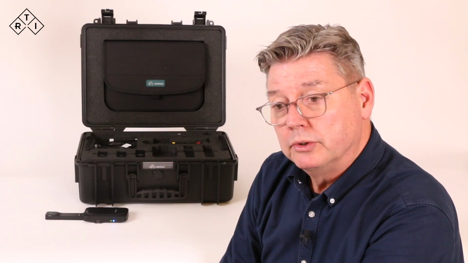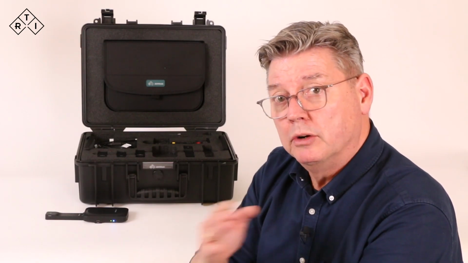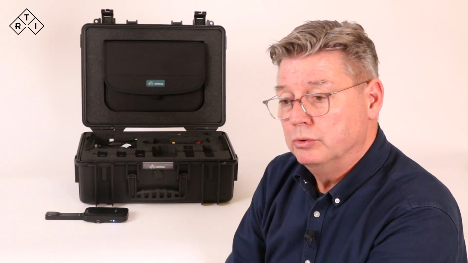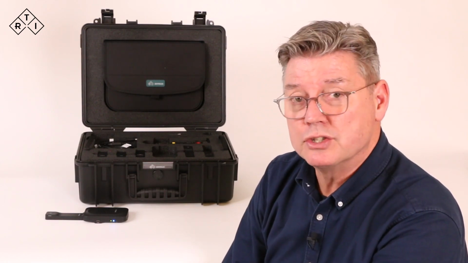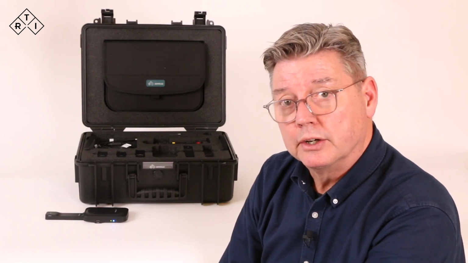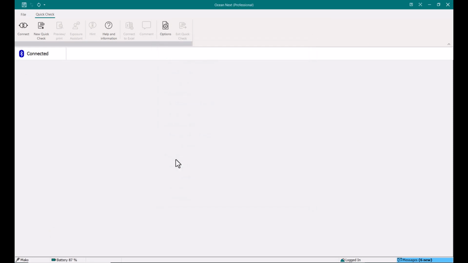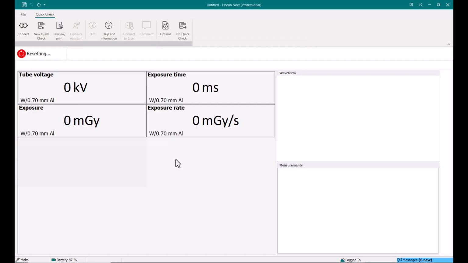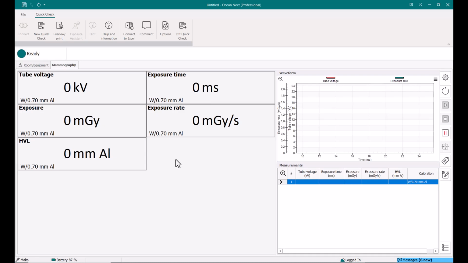It's important to note also that the Mamo probe services the complete range, 18 to 49 kV, and both kV and dose. There's no need to change probes or no need to add filtration and extra filters to handle the higher kVs. So if we choose a beam quality, tungsten and 0.7 millimeters aluminum, for instance, displays are pulled up, which are typically relevant for mammography, and you see they have the same ones as in radiography except for the